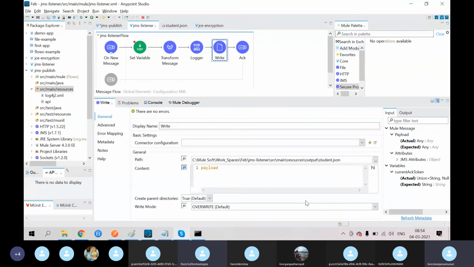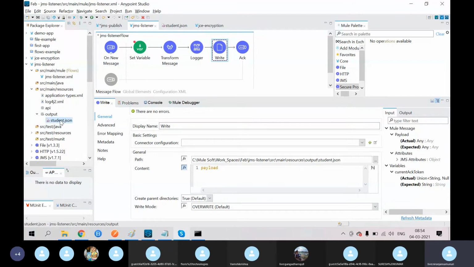Yeah, here you can see, I'm going to write my data in the file location. Where is that file location? The src main resources output folder, student.json, in the listener application. In that output folder I'm going to place it as student.json.